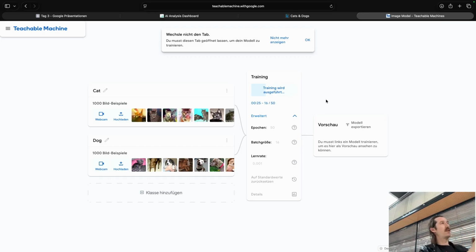And again, I think this one now runs on Google infrastructure or somewhere in a different data center. So I would guess so, not in your browser. So we should also have the same time period here to train the models.